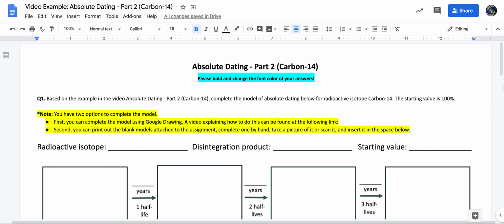In this video, I'm going to show you how to use the drawing feature in Google Documents to create the model of radioactive decay. Within this document, there's two instances where you have to create models, and you have two options when you create these models. So if you look at the highlighted section in yellow for question 1,